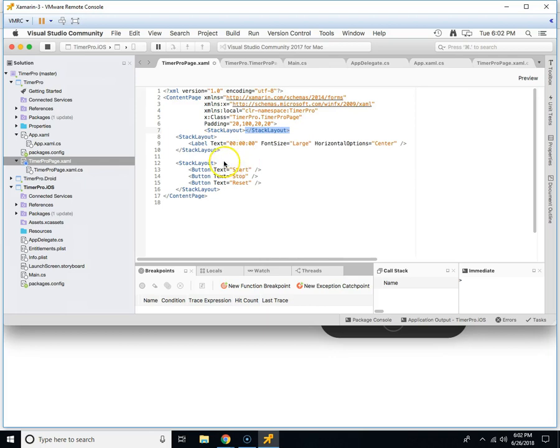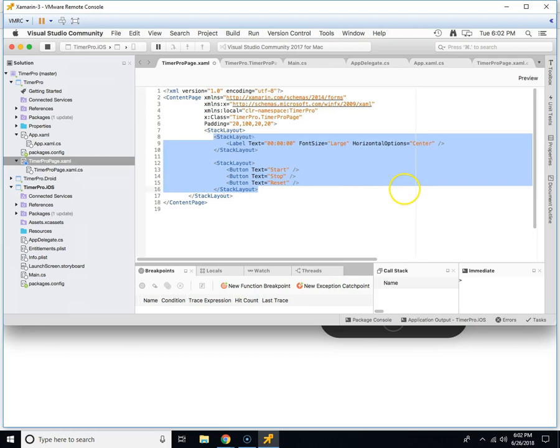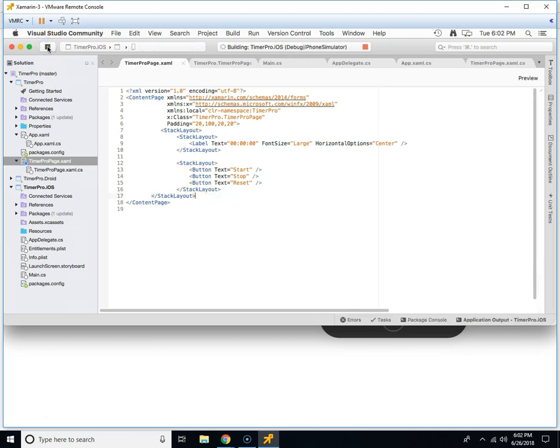So what I'm going to do is wrap both stack layouts within a stack layout. This is very similar to what you would do with HTML and div tags, where you can have a parent stack layout. Actually, pop that in one. So I've got a stack layout, and then inside I've got more stack layouts. Now if I try running this again,